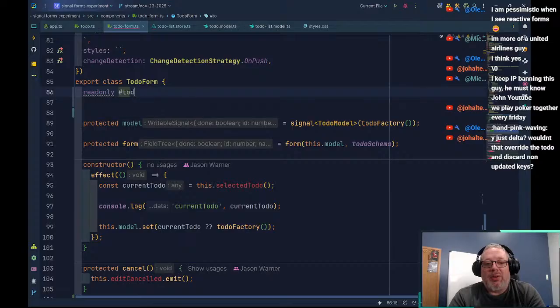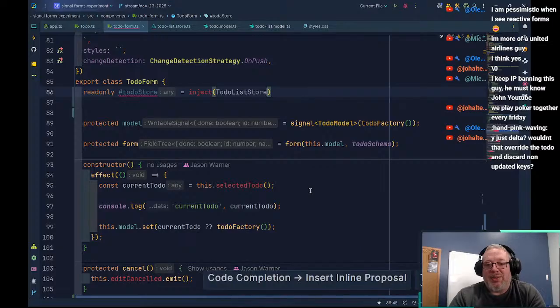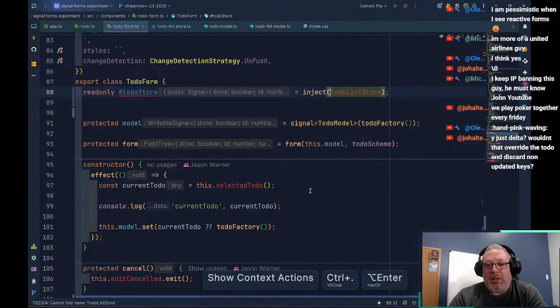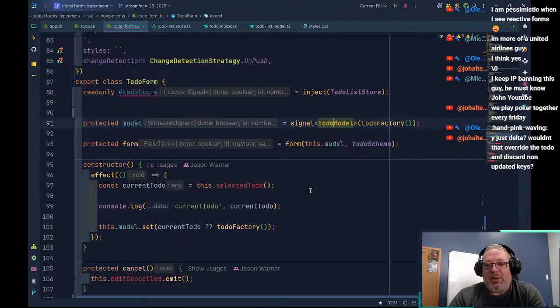So readonly todoStore equals inject. We're going to inject the to-do list store here. So let's go ahead and bring that in. And so here, our to-do factory is that. So we don't even need that anymore.